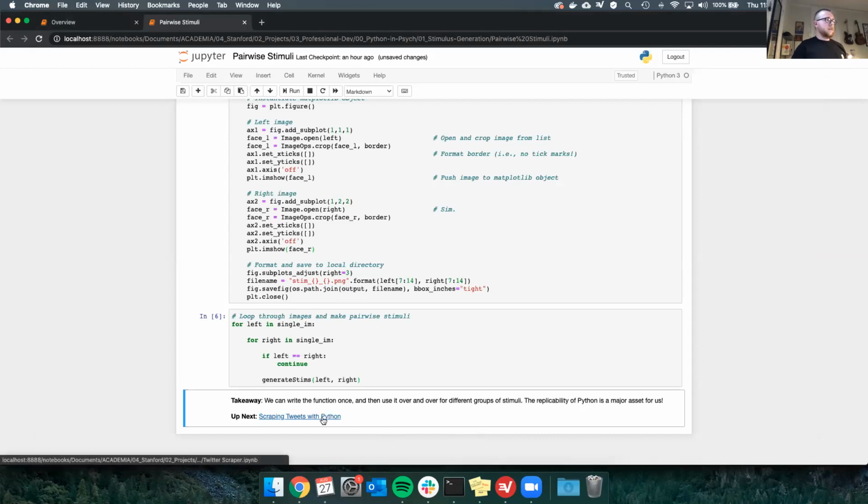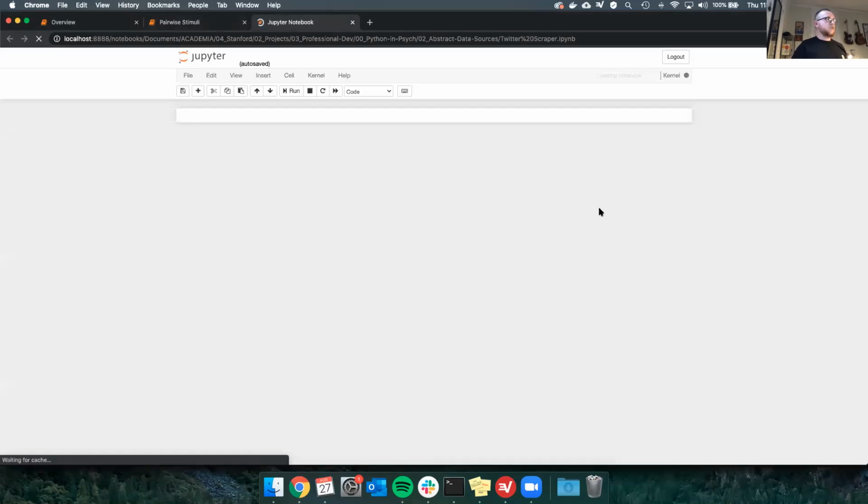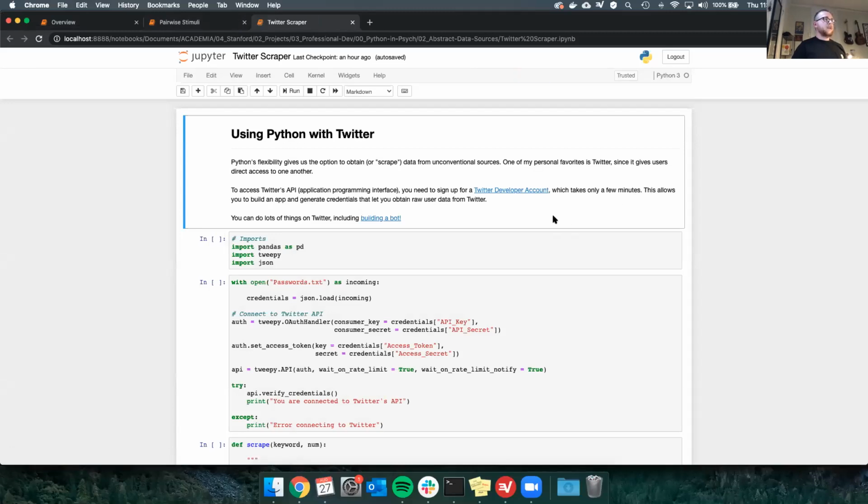So let's talk a little bit about data from unconventional sources. Python's a very flexible language in that you can use similar code to do really different things. One of my favorite things to do when it comes to getting insights from people in real time is to scrape tweets, because anybody who's been on Twitter can tell you that it's not a perfect place, not by any stretch, but it's powerful in that you have users interacting with each other in real time, which is a pretty cool tenet of social media.